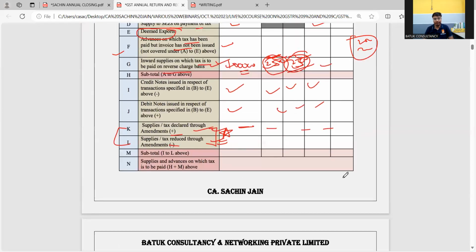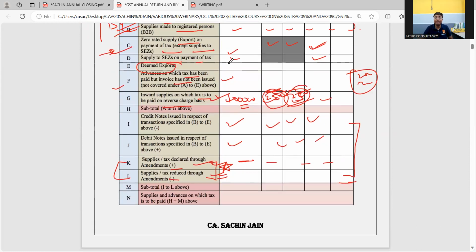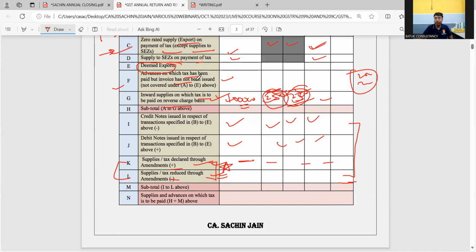Okay, so in the next step, you will find out the total of these things. This will be auto populated. There is no issue with that. अगर आप यहाँ पर डेटा सही से fill कर रहे हो,